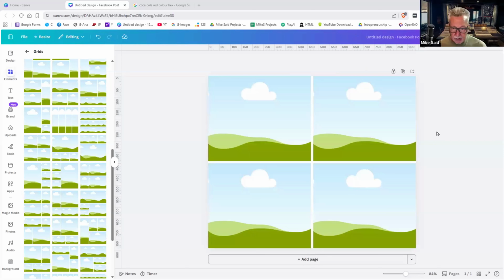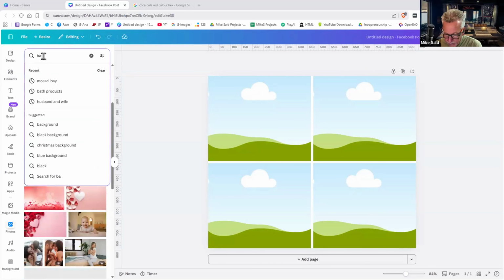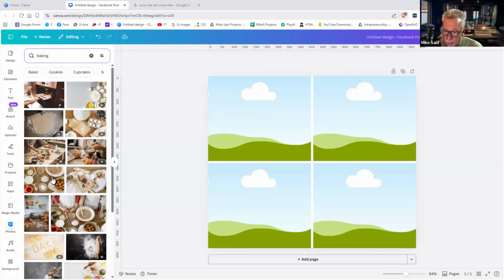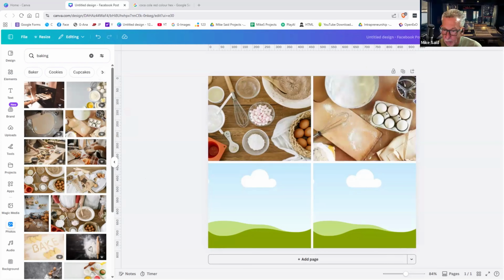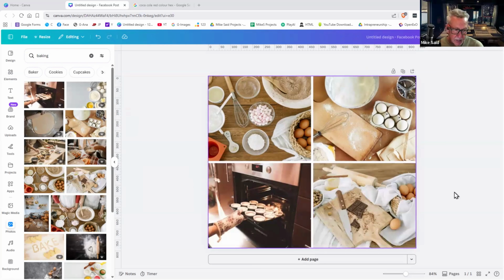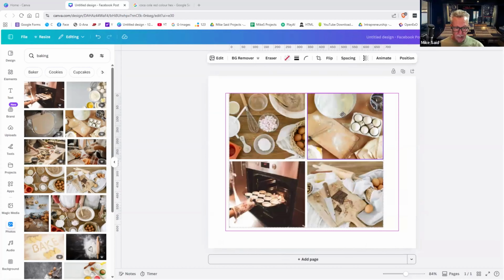Let's say, for example, I'm demonstrating a cooking dish. Go to photos, go to baking. Might want to have one called ingredients, have one called preparation, have one called cooking instructions, and let's have one called enjoying. And boom, boom, boom, without much work, without having to lay anything out, I've done it all. I can also make that whole box a little bit smaller, put the box in the middle if I want,